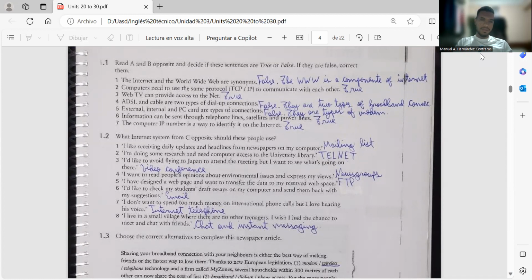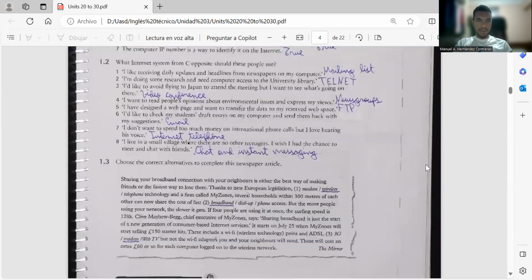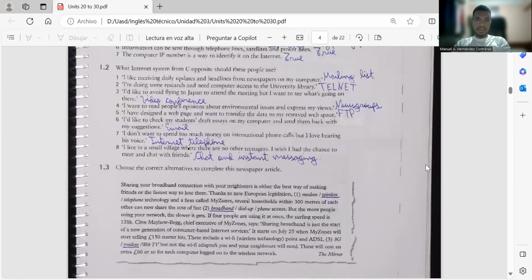Choose the correct alternative to complete this newspaper article. Sharing your broadband connection with your neighbors is either the best way of making friends or the fastest way to lose them. Thanks to new European legislation, wireless technology, and a firm called MySon, several households within 300 meters of each other can now share the cost of fast broadband. But the more people using your network, the slower it gets. If 4 people are using it at once, the surfing speed is